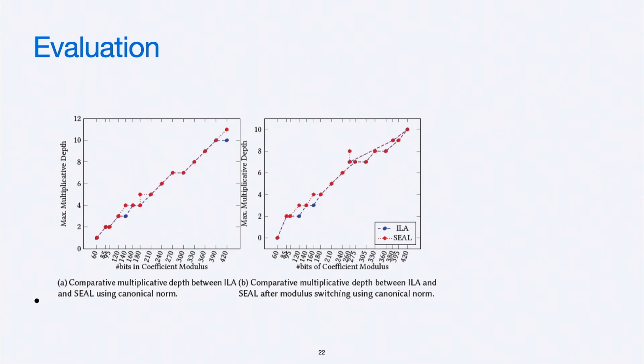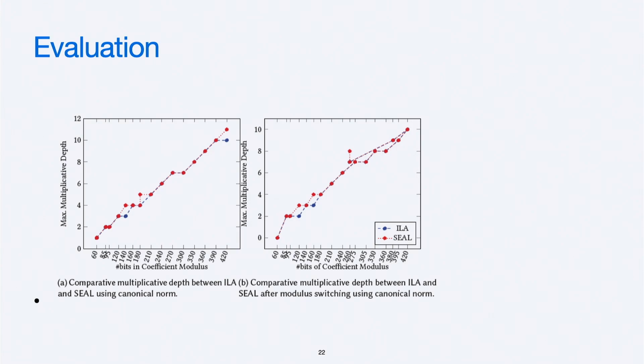So here is the evaluation we did for BGV. The blue dotted line indicates the programs' multiplicative depth computed using ILA BGV. ILA BGV just looks at the initial parameters and the variables and says, hey, this many multiplications you can perform on this encrypted data. Then we run the same example in SEAL by decrypting it and computing how many multiplications SEAL allows the same example to do. We can see that almost all of the times we have the same